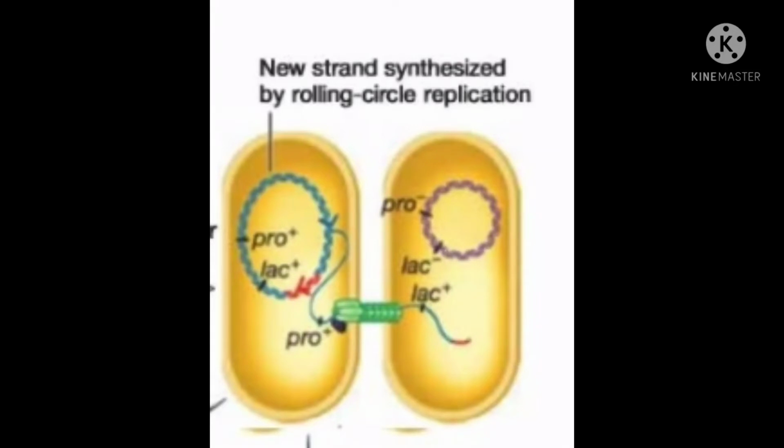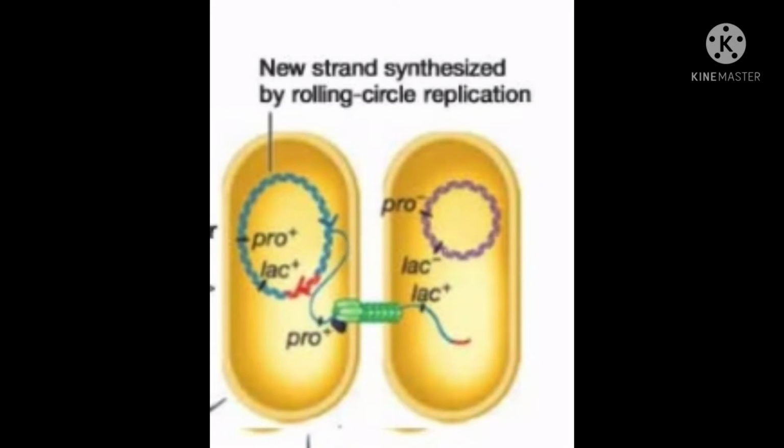In that, a Rep protein holds this 5' end of the cut strand, and it moves towards the conjugation tube, passes through the tube, and moves into the F minus cell. You can see a similar process here. In this image, since the nick is produced at the center of the F plasmid, only a fragment of the F plasmid is transferred initially, after which the main bacterial chromosome starts transferring into the F minus cell.